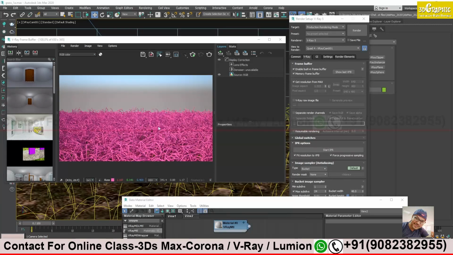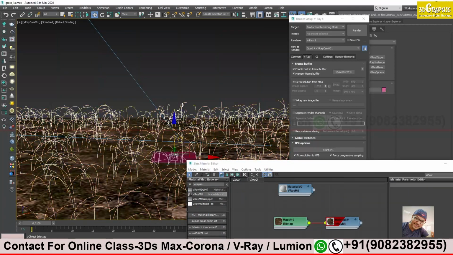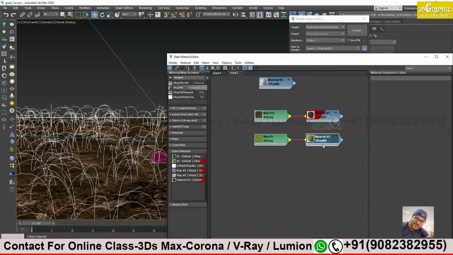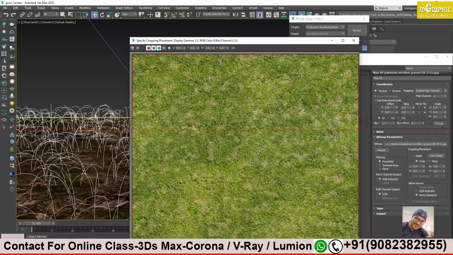First, what will we do? We will try to add some textures. It's not looking proper. So we already have textures. Just select the video file over here, my grass, a simple texture downloaded over here. I will try to show. This is the texture.